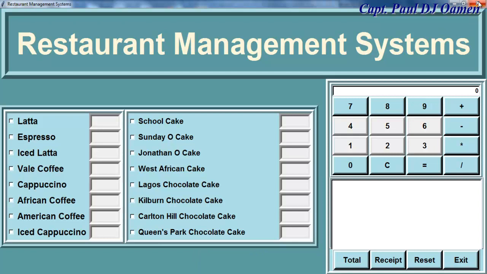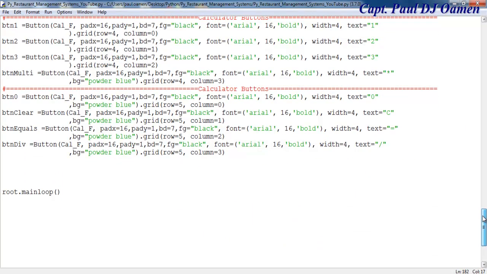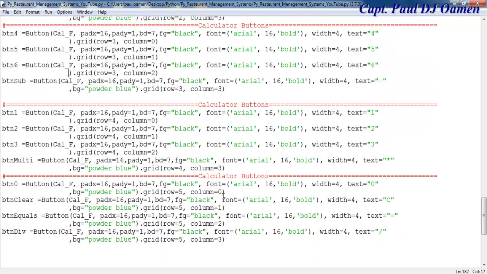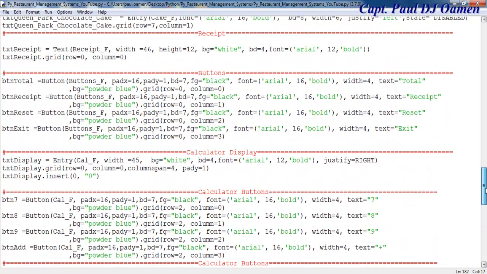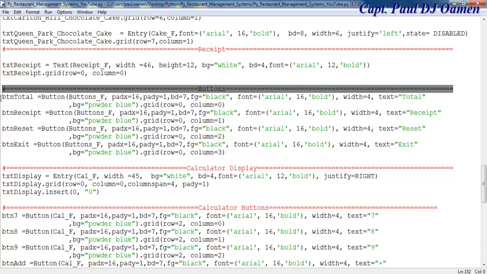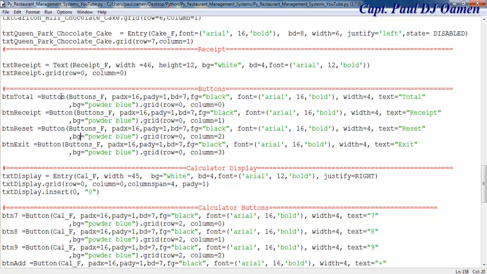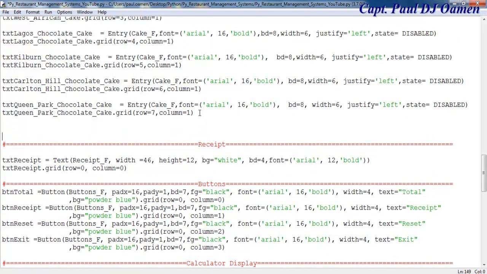That's going to be adding a label. Okay, we have all of the buttons here, calculator buttons. So let's come up here. This is all about the calculator. So I'm going to copy that. Well, that is buttons as well. This one should be right underneath here. Paste that there, and this will be for